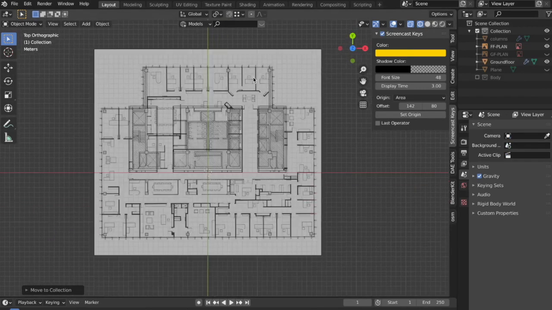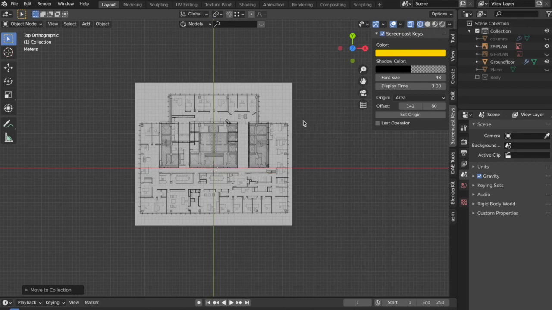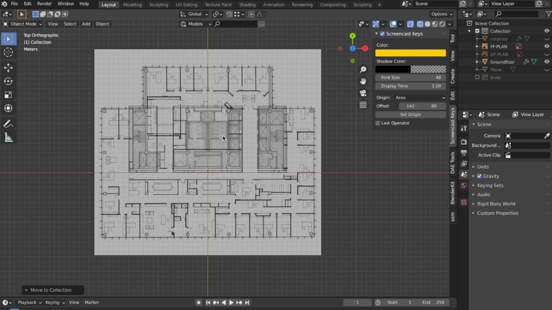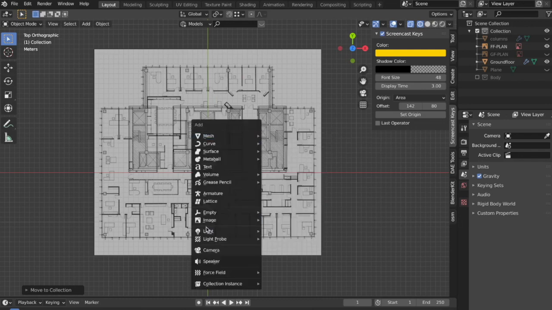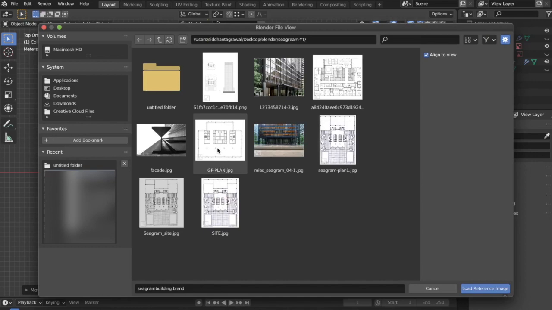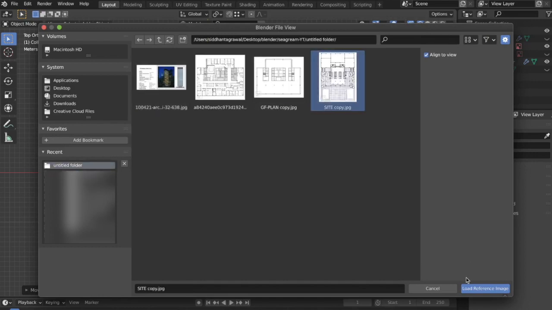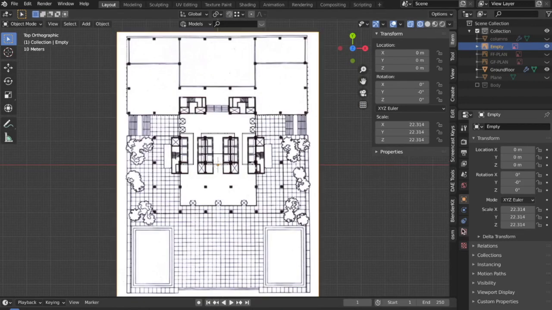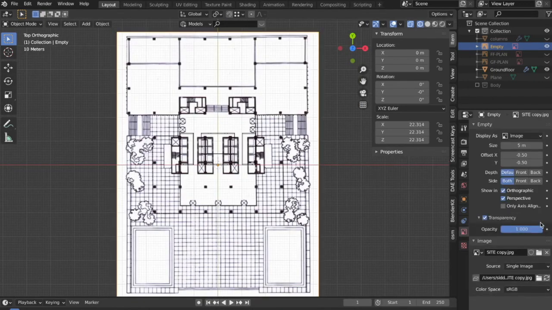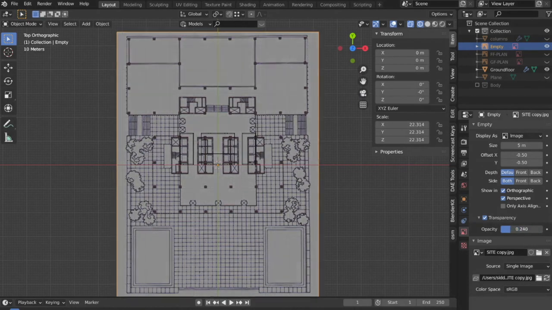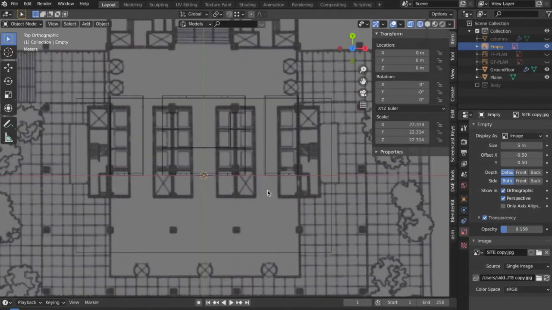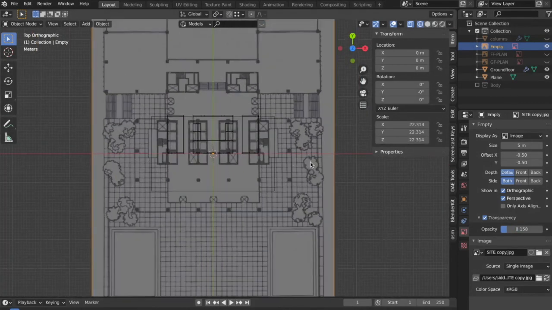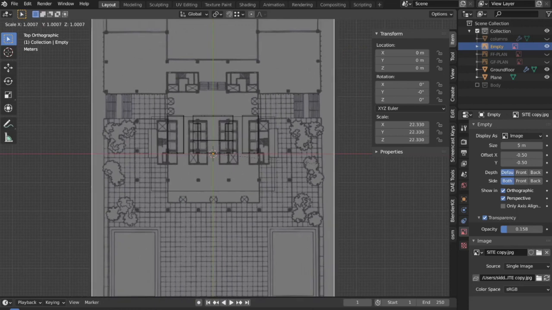Now I'll bring in yet another reference image which is going to be very useful for us at this point. And this time the reference image that I'm bringing in is of the plaza, which will also give us the overall idea of the incomplete ground floor which we're going to complete now. Now I can first decrease its opacity. I'll bring that plane and also explain why I have kept that plane till now. I'll explain it to you in just a moment, but let me first set it to this point.